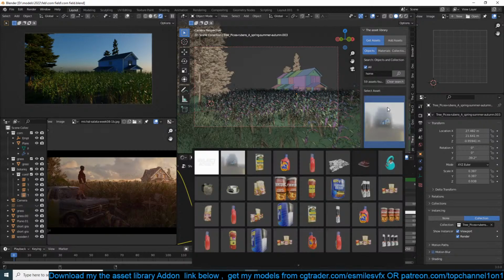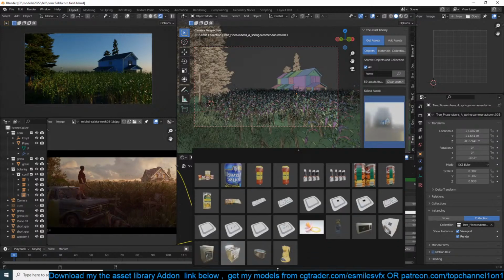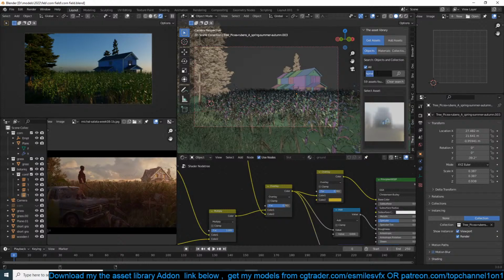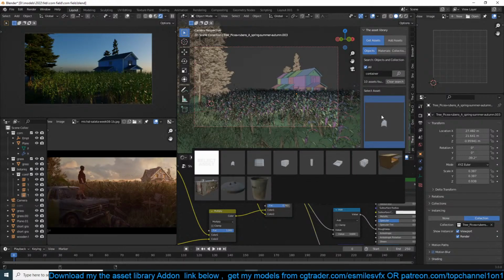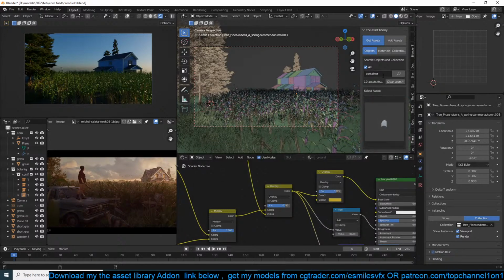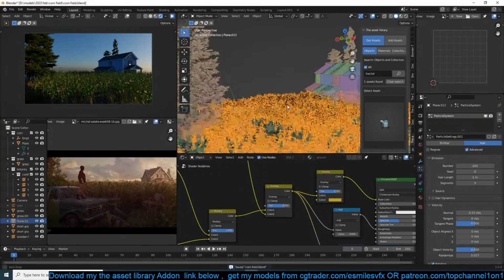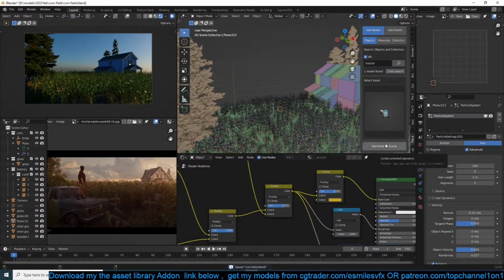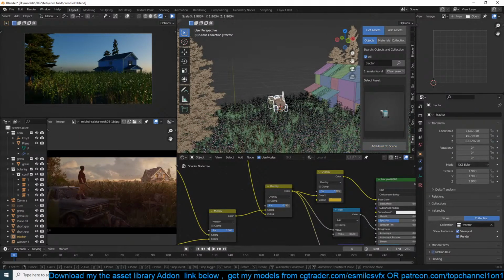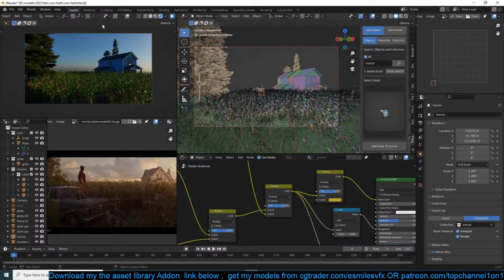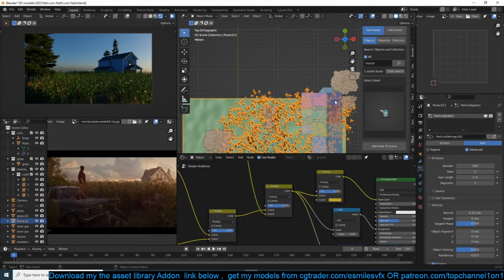Let me see, what else can we add in here? Let me see if I have any containers. Container. I think I have a tractor that we can bring in here. Put it somewhere in the middle. There might also need